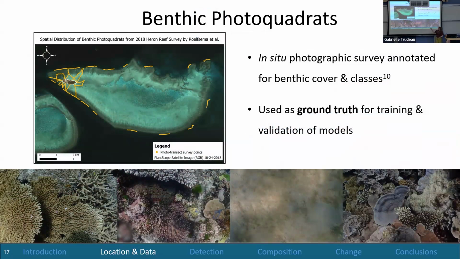These 4 images on the bottom are actual images of the seafloor. But what's cool about this data set is that they're also annotated. So not only do I have these photos, but I have the different benthic classes in the photos and the percentage of those classes in the photos. So we're going to use this a lot for training and validating our models. I think I usually call it the photo quadrats. So if you hear me say that, this is what I'm talking about.